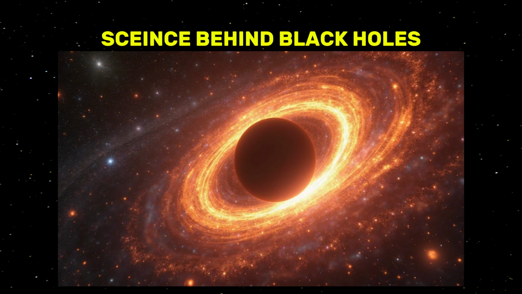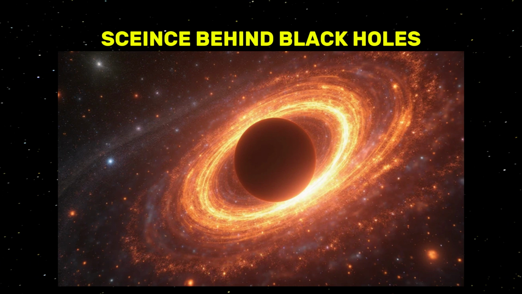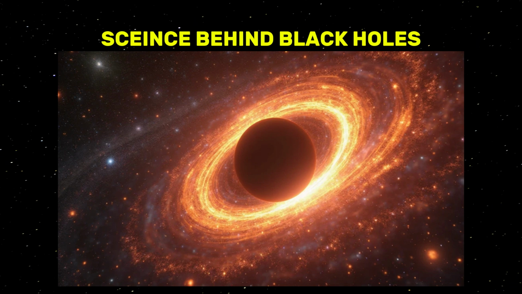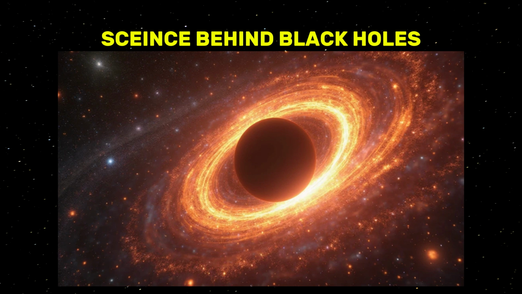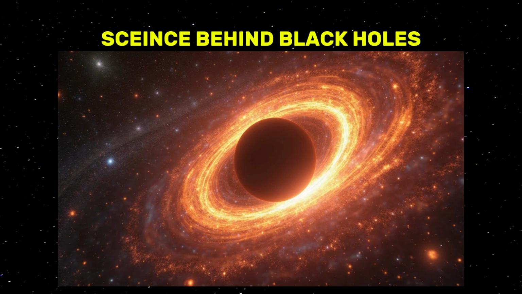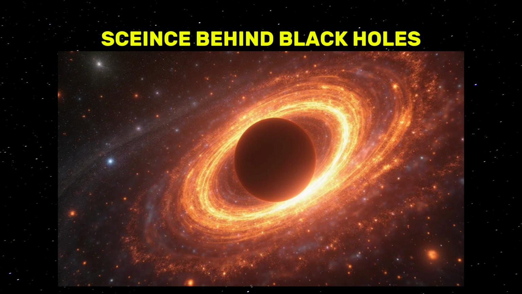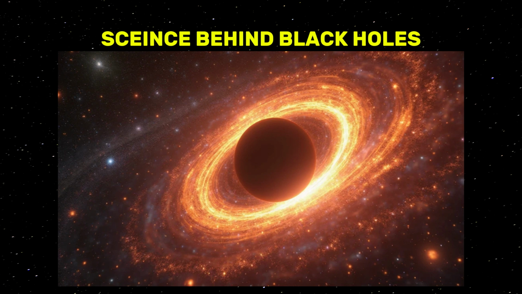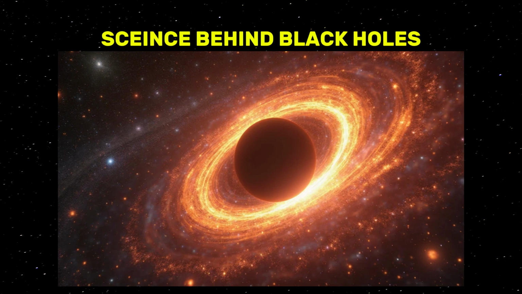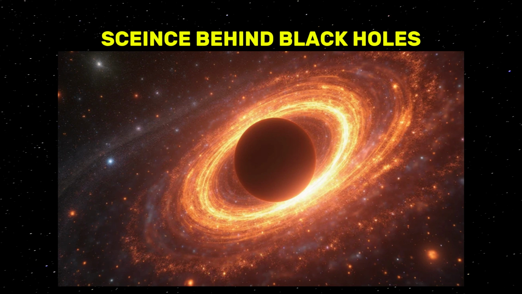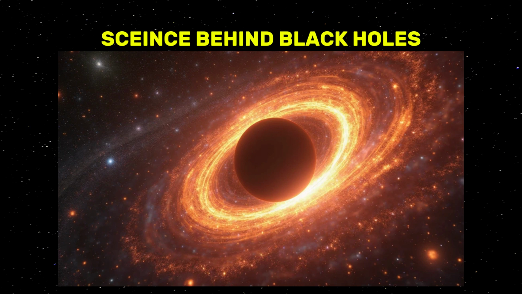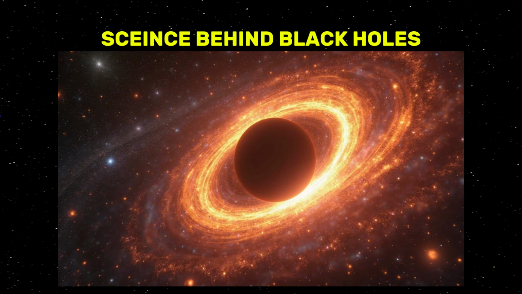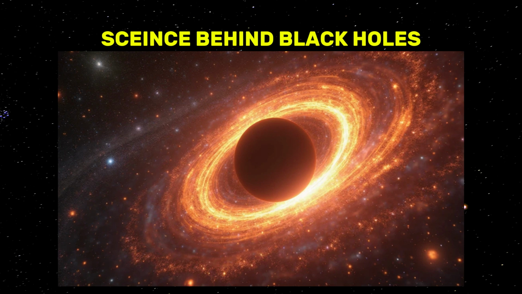Quantum mechanics suggests that even empty space teems with fleeting particle pairs. Near the event horizon, one of these particles may fall in while the other escapes. The escaping particle appears as radiation, gradually draining the black hole's mass and energy. Over time, this could cause the black hole to evaporate, though this process would take unimaginably long timescales. Hawking's insight reshaped our understanding of black holes, revealing that they could have finite lifespans.